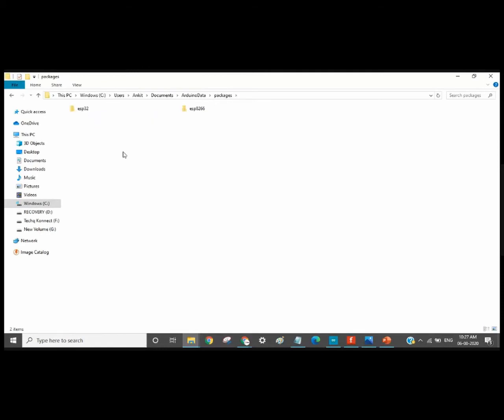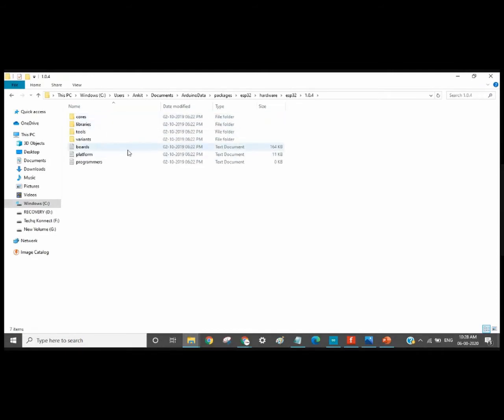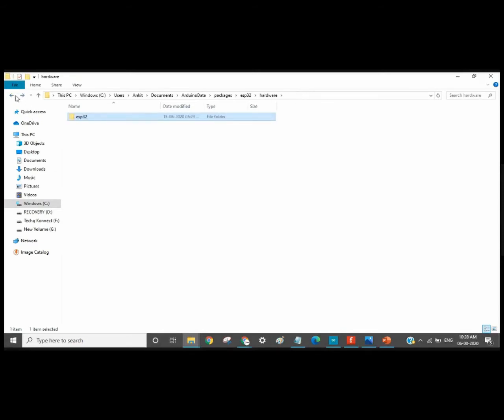So here you can see that there are two packages which are downloaded, right, the ESP32 package and the ESP8266 package. That is, the two links which we had used will download these packages, okay. And in these packages there will be the hardware and the tools which are required. There are the boards, the platform, the programmers, libraries, etc., which are required for coding, right?